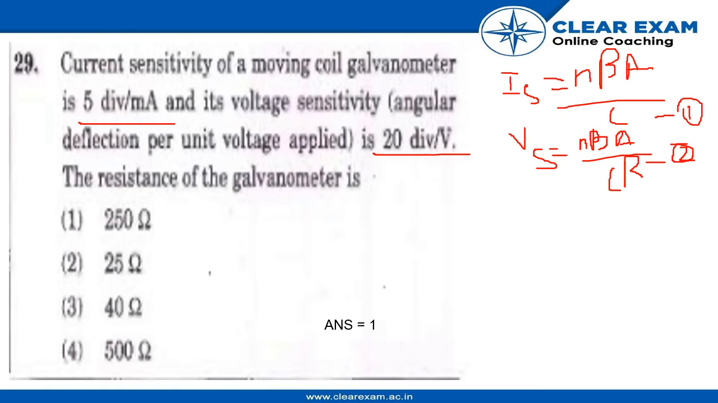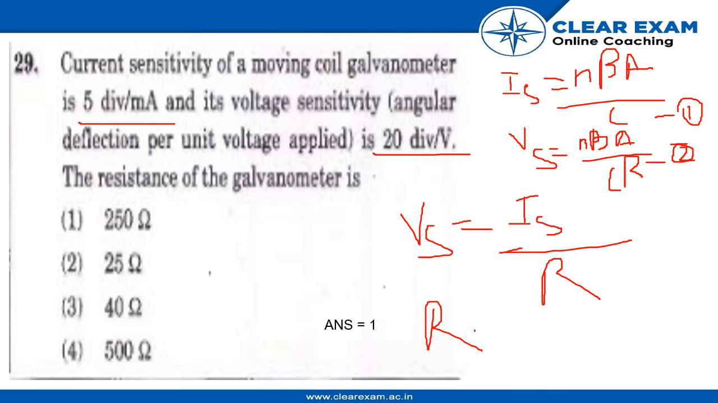Now we will look for a relation between the voltage sensitivity and current sensitivity of the galvanometer by combining equations 1 and 2. It will give us Vs equals NBA by CR equals 20. So the resistance of the galvanometer is given by Vs equals Is by R. We put the value of Vs here and we get 20 equals 5 times 10 to the power minus 3 divided by R, and we get R equals 250. So the answer is